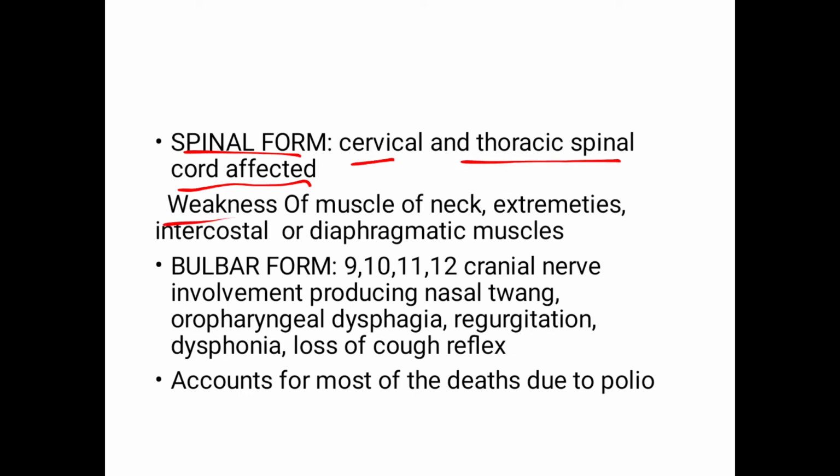So we expect the weakness of muscles of the neck, extremities, intercostal or the diaphragmatic muscles. In bulbar forms, usually you have a problem with the glossopharyngeal, the vagus, the hypoglossal nerve. So 9th, 10th, 11th, 12th cranial nerve involvement is usually present. And since this 9th, 10th, 11th, 12th is usually supplying your oral cavity, pharynx, the tongue, the larynx, so